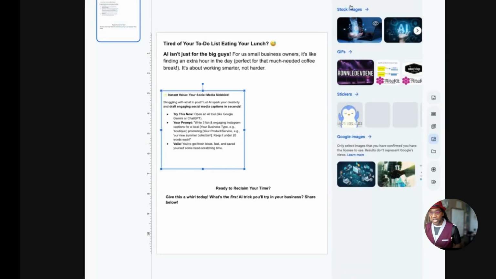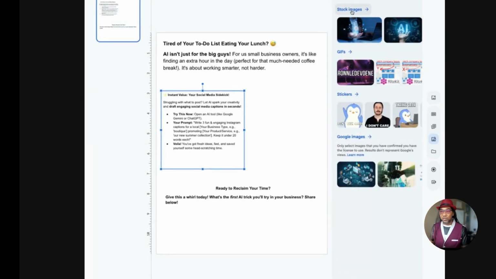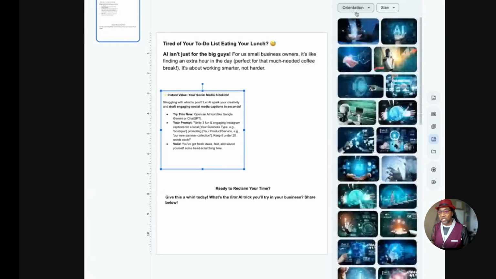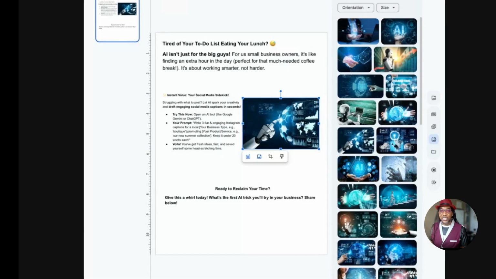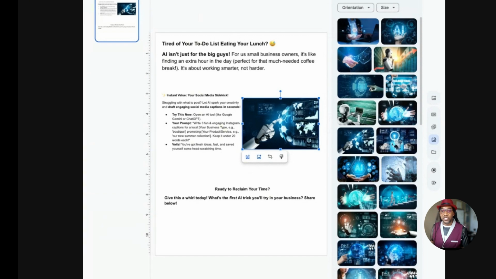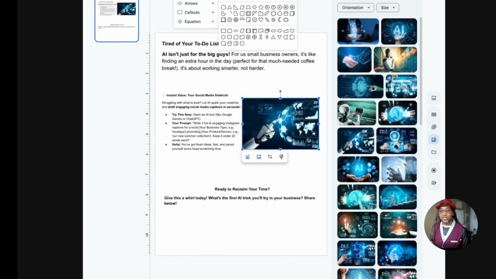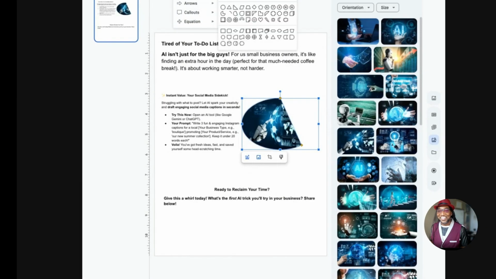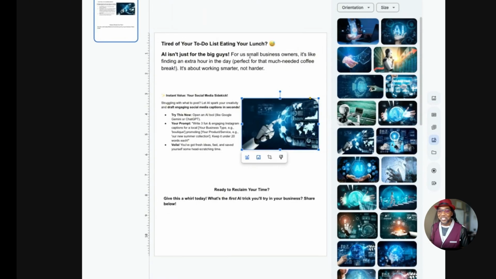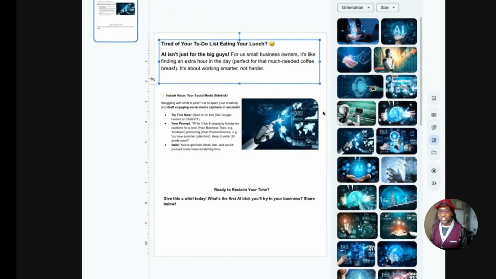And it's going to give me a bunch of options: stock, GIF, stickers. I'm going to go with stock images. And I'm just going to pick one. Click that and it kind of puts it there. I like the little extra formatting. So to do that, I select the image. I'm going to go to this little three dots and find the crop icon. I'm going to crop it inside of a shape. Let's do that one. I don't like that one. Let's do it simple. Let's do this one. Bam. So all it did is just kind of rounded the corner.